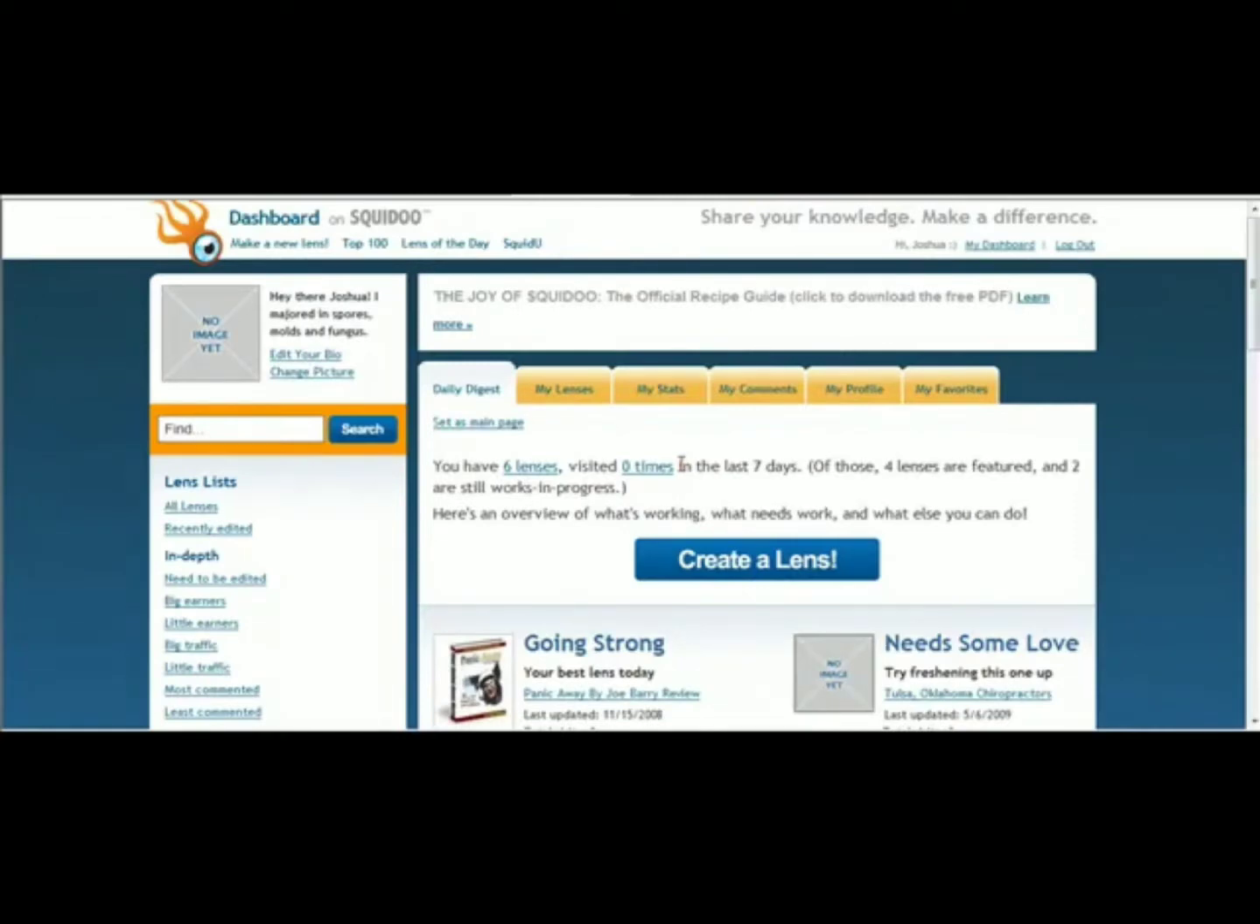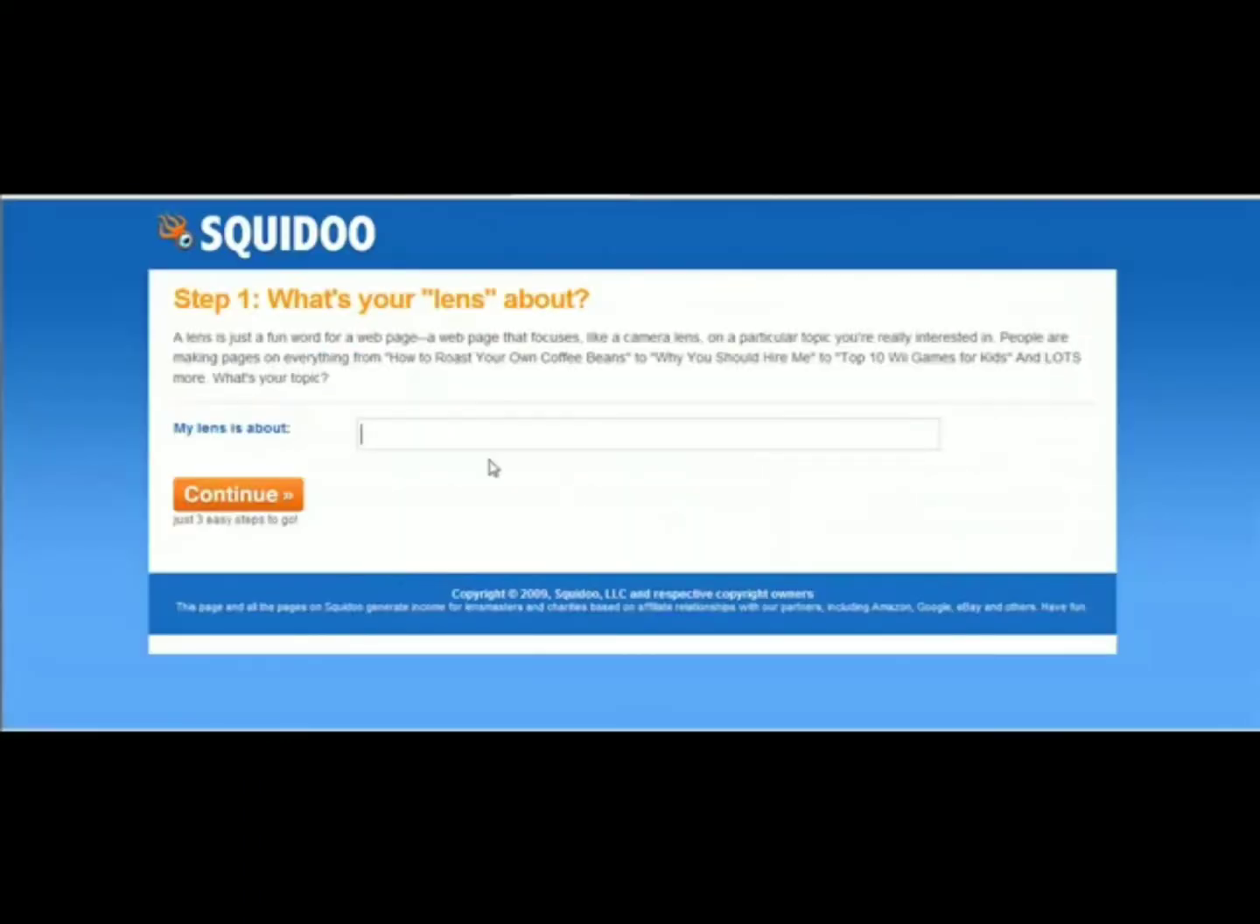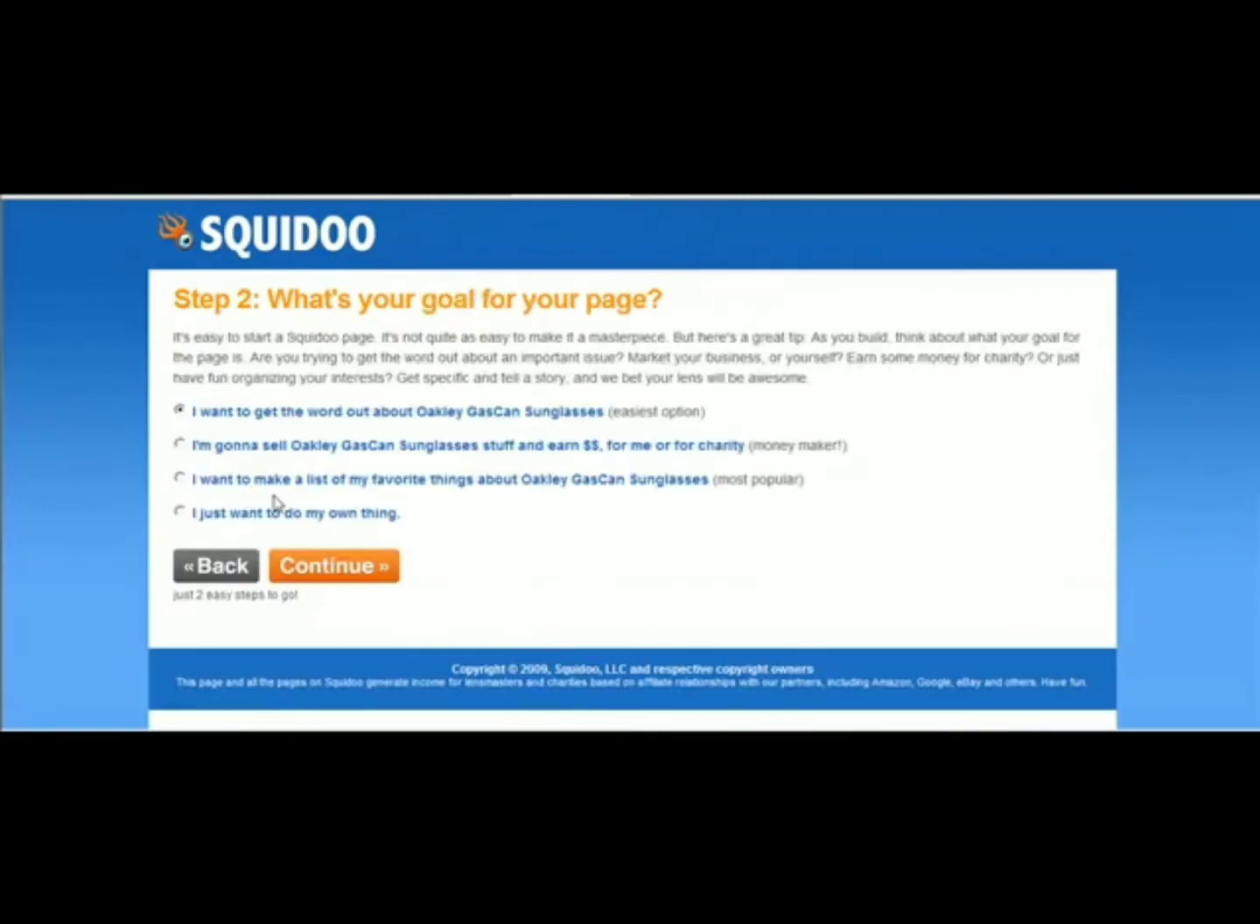Now what you're going to do is go ahead and choose create a lens. This is my test account here. And put what your lens is about, which is your main keyword phrase, which in this example is going to be like your product phrase. You want to choose I just want to get the word out about that. Choose continue,